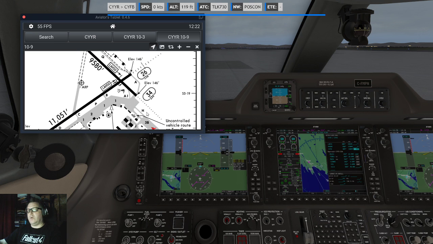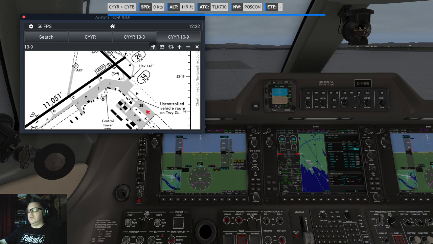Taxi via hotel to the runway. Hotel or golf? Uncontrolled vehicle route on taxiway golf. All right, we'll do our best to taxi on hotel.